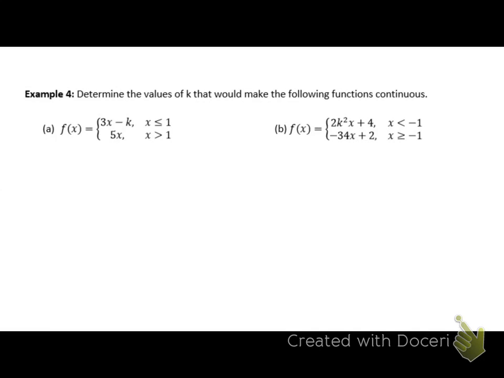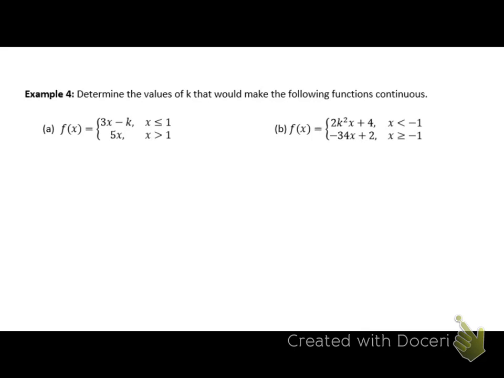This is section 3, continuity, example 4. So for example 4, we're trying to figure out what values of k would make the following functions continuous. These are piecewise functions. So first, we need to make sure that each piece is continuous, and then we'll worry